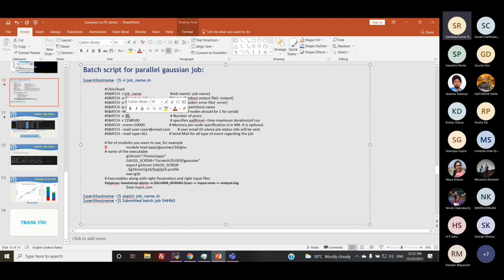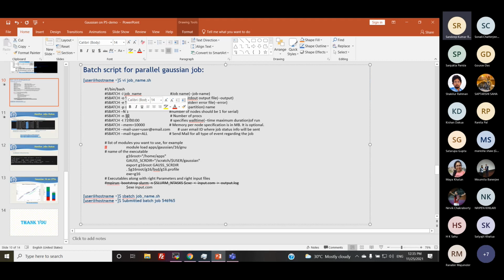So if you specify 10 here, you also need to change the Gaussian input file and make it 10. Otherwise it will use 1 by default. Let's say I specify 10 here and forget to specify the same number in the Gaussian input file, and I run this job. What will happen?